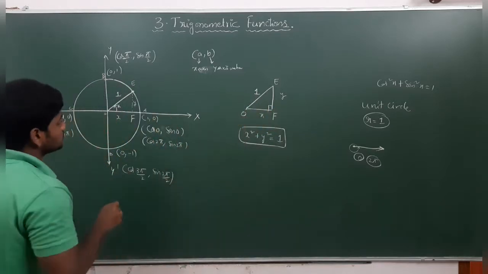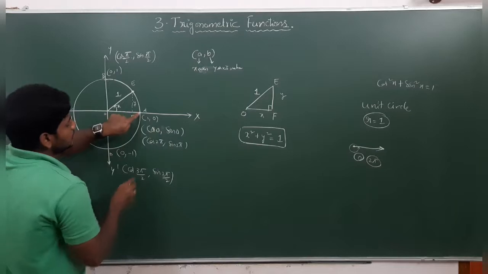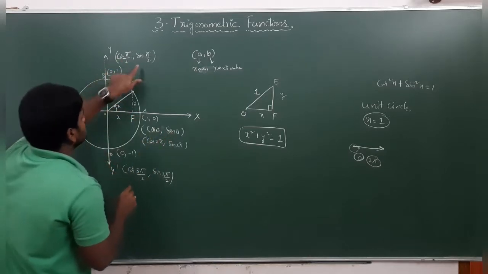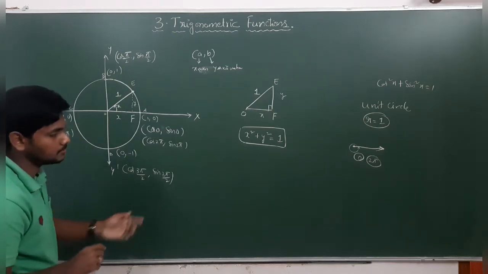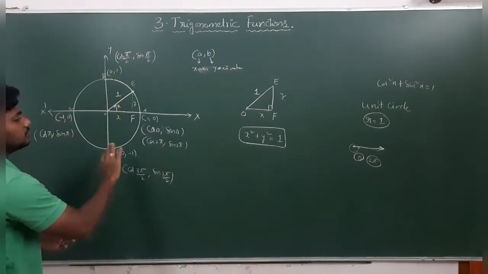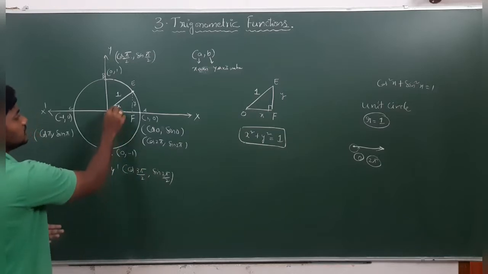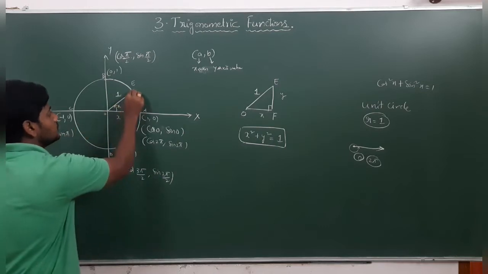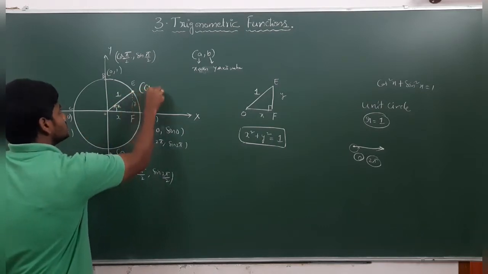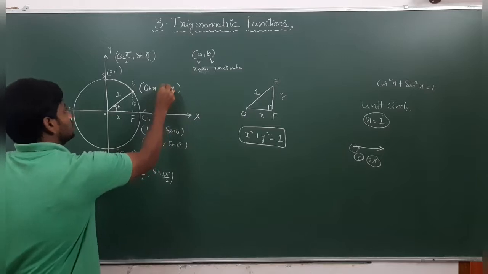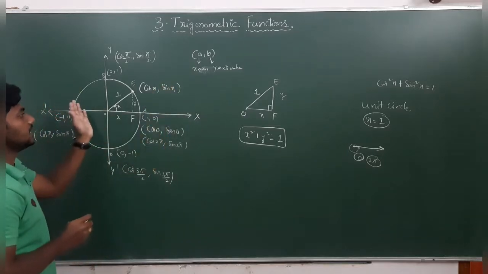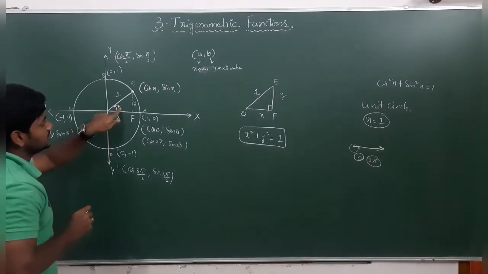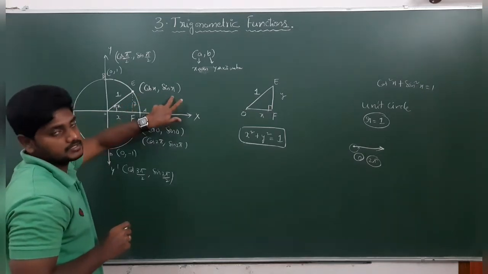Now, as it represents 0 angle, it means cos comma sine. Cos on angle 90 means cos comma sine, here also cos comma sine, here also cos comma sine. That means based on that angle we need to consider cos and sine. Here what is the angle? Angle x. Angle x means this point will become cos x comma sine x. Based on that angle, if you consider any point, it will satisfy. So if the angle is x, the point will become cos x comma sine x.